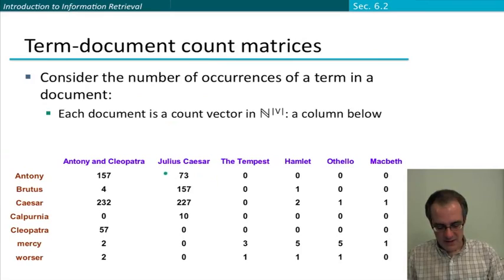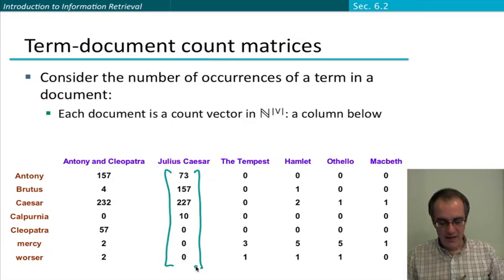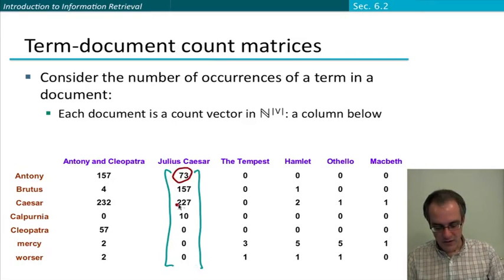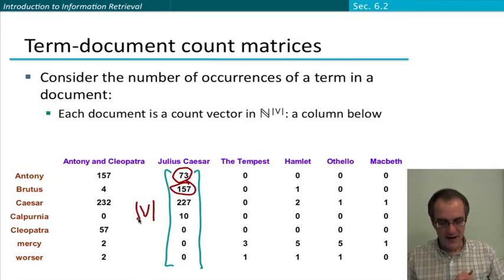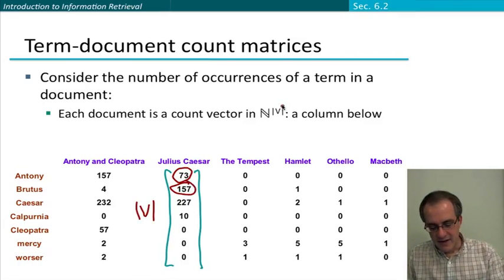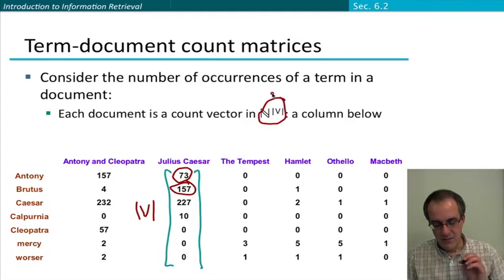So now we still have a vector for each document, but rather than simply putting ones and zeros in it, we're putting in the number of times the word occurs in the document. So we've still got a vector of size the vocabulary, but it's now a vector in the natural number vector